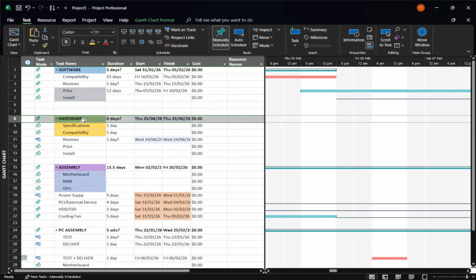Use this approach whenever you do a regular update cycle. Set the status date first, then select the activities that are on schedule and click Mark on Track to bring your plan current with just a couple of clicks. It's fast, consistent, and keeps your timeline aligned with reality without extra manual edits.